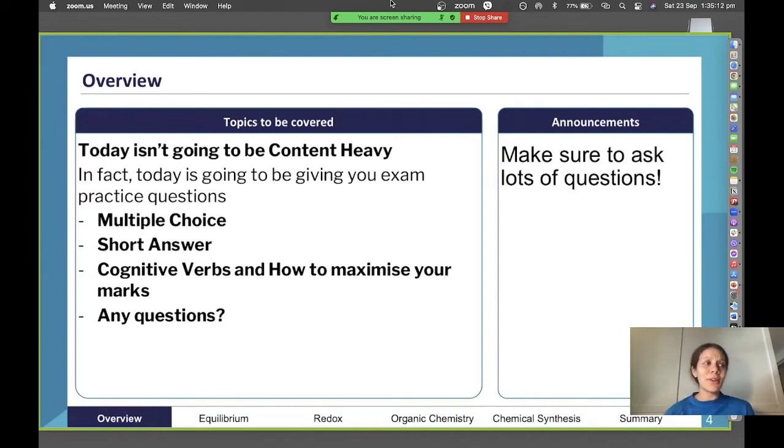A little bit of background about me. I'm in my last year of my science degree at UQ. Next year I'll have a year off, and the year afterwards I start medicine at UQ as well. That is my academic background. I did year 12 at Brisbane State High School. I'll be finishing my undergrad degree in about a month or so, which is very exciting.